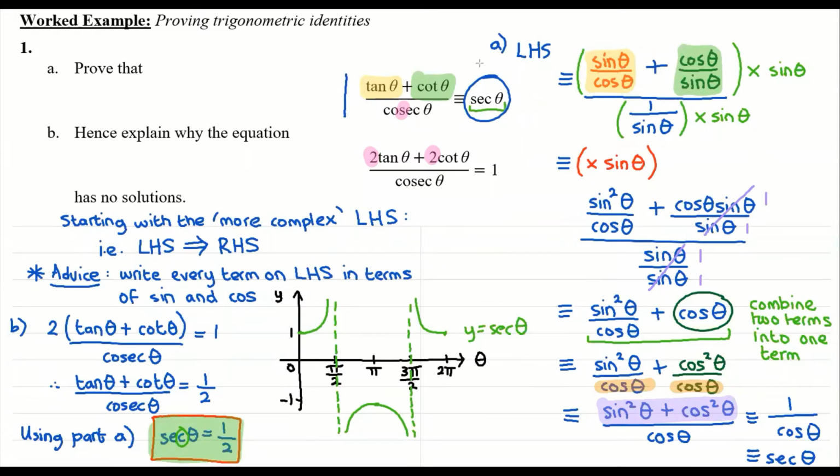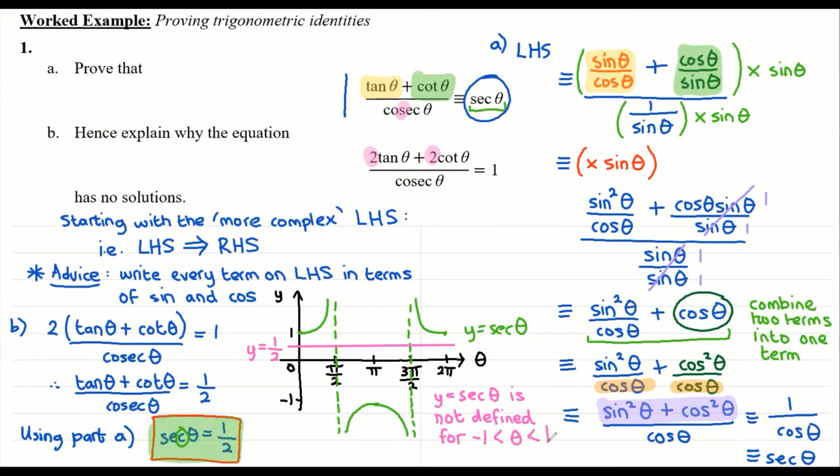So if I plotted the graph of y equals 1/2, which is essentially what we need to do, which would go somewhere across here like this, it's never going to intersect the graph of y equals sec theta. So in other words, sec theta and 1/2 can never coincide. So the simple explanation would be that y equals sec theta is not defined for the interval